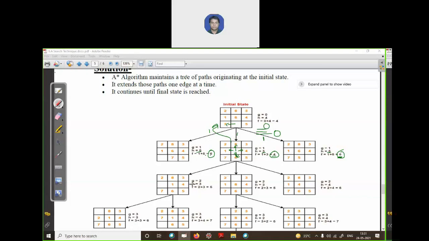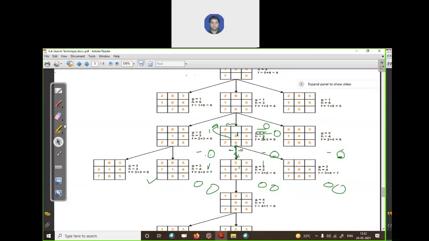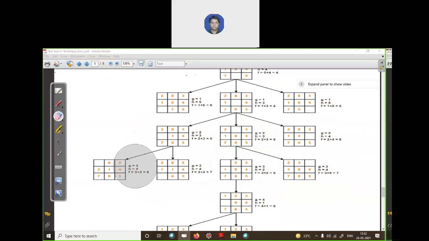Okay, so again the heuristic value of this, if we move your tile left, this will be your state, and the heuristic value of this state is 3 and 4. Okay, and the cost it took from the initial state to that state is 2, because one move we apply here and one move is here, one move is here, one move is here. Calculate the value of Fn, compare these 2 states. They have the same value of Fn, so you can move in either direction. It is up to you, because they have the same heuristic value.